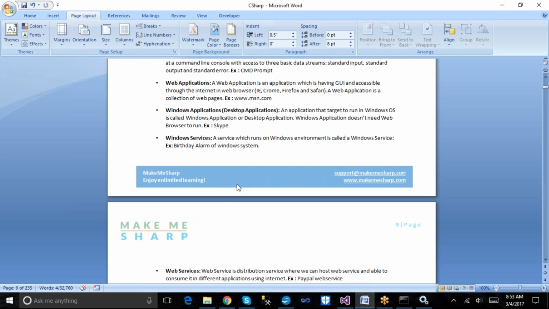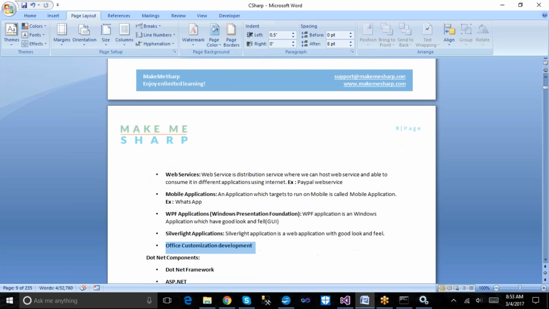Whatever the list I have given, it's my knowledge only. In .NET we can develop some other kinds of functionalities as well, which I can say is extra development from Microsoft.